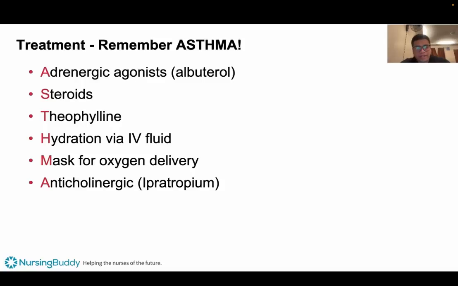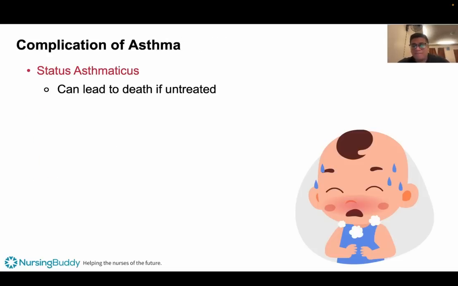Okay. So next, what's the biggest complication of your asthma? The biggest complication of asthma is what we call your status asthmaticus. So this is a more severe type of your asthma. So always respond very quickly. First to respond to is you need to open your airway. Okay, before giving your oxygen, open first your airway because airway is always the priority in asthma. Airway, breathing, and then circulation. So status asthmaticus, if left untreated, can lead to death.